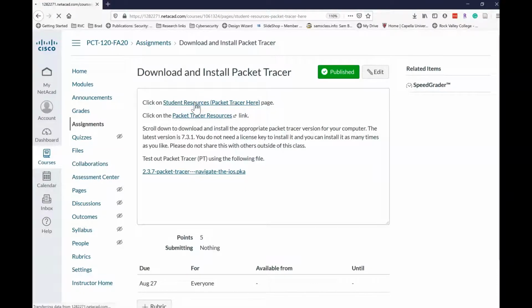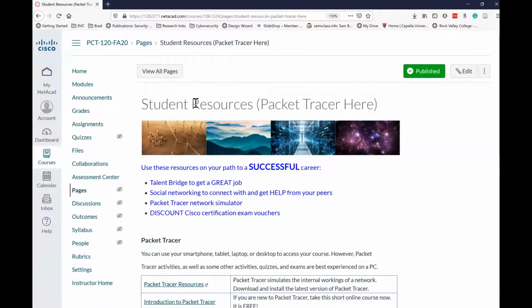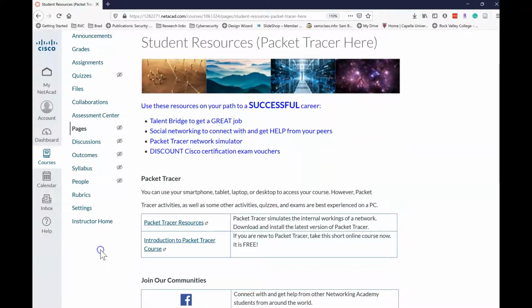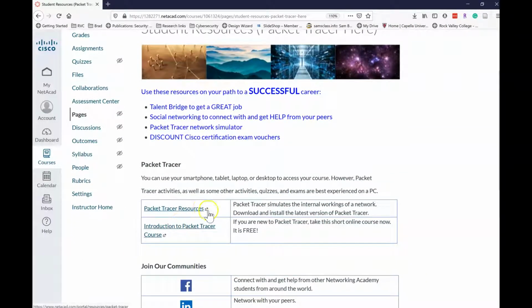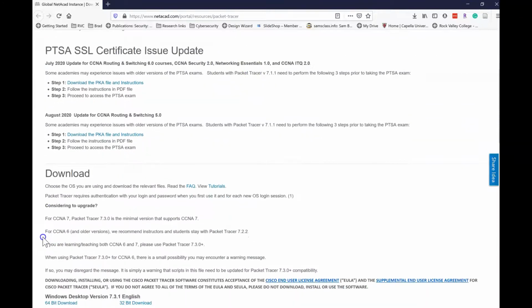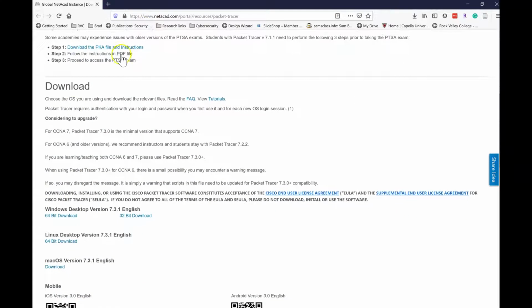Student resources, Packet Tracer link on the assignment page, and as you go through you can see we have different resources here. The first one is where you're going to download Packet Tracer, and the second one is a course that you can take. If you want to take it, you can go through it. It's a 10-hour course, that's what they say it is. So if you have a little bit of time, you can do it. It didn't take me quite that long, but